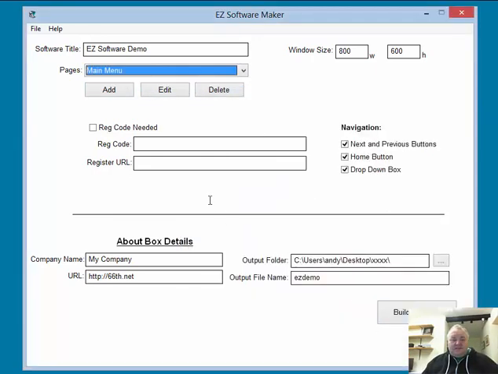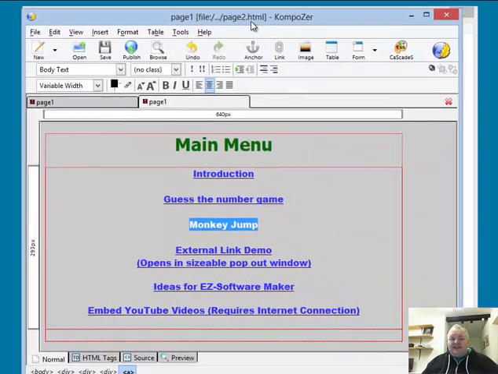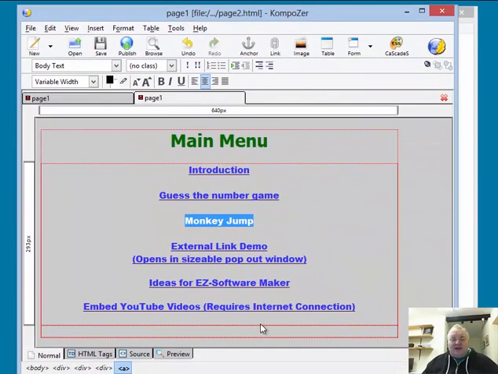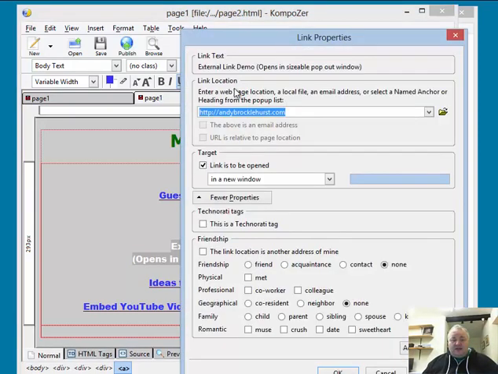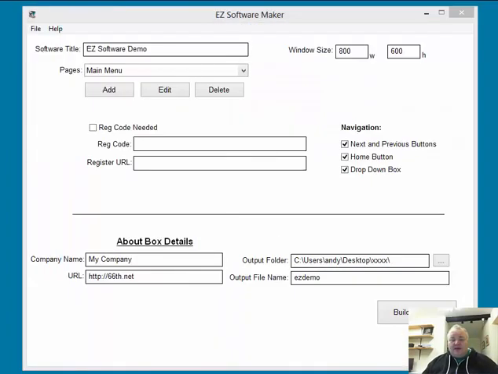So that's really the only thing that's different inside the HTML. There are a couple of other little things that are all detailed in the manual, ways that you can reference folder locations on a PC and things like that, because obviously this isn't running on a web page. You can do external links. There's an external link there, and as you will see, I'm just linking to a website, and I just tell it to open in a new window, and I can show you very easily what that looks like